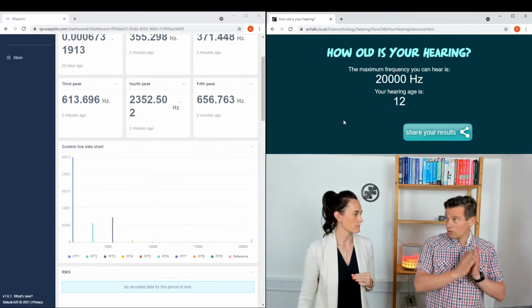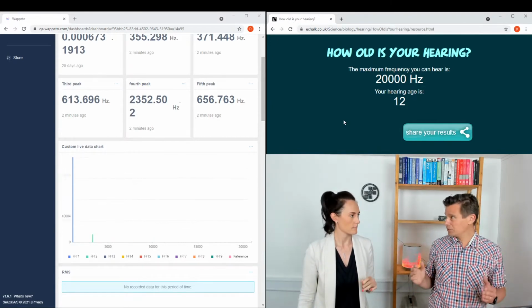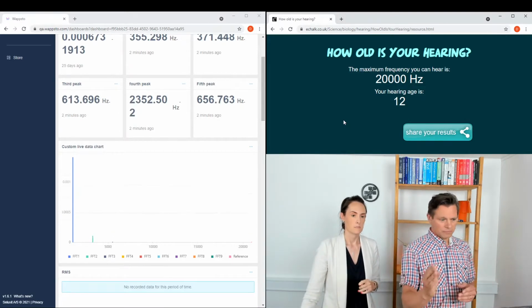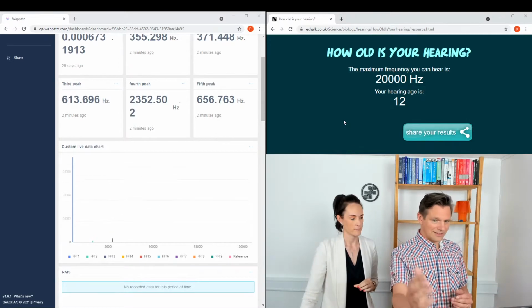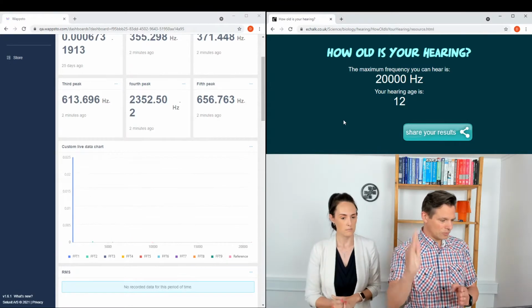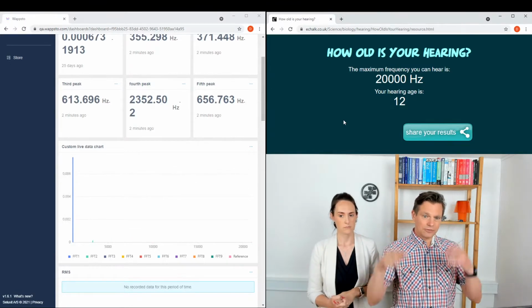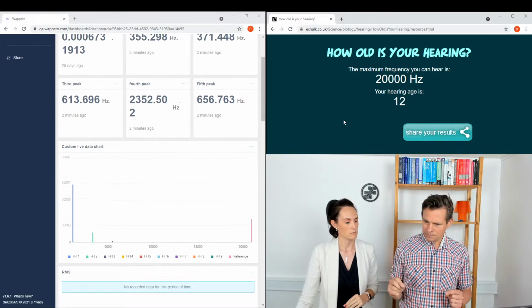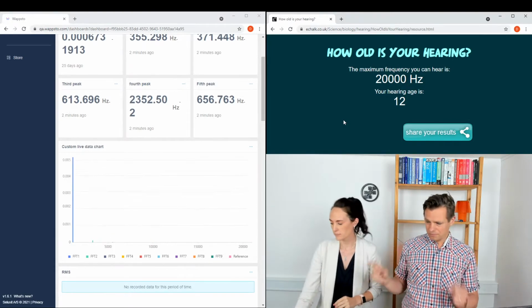So the phone can go all the way to the 22,050. So it has actually quite a good range. And what you saw was that these bars were moving one by one to the right as the frequencies were increasing. So now what we'll do is we will show